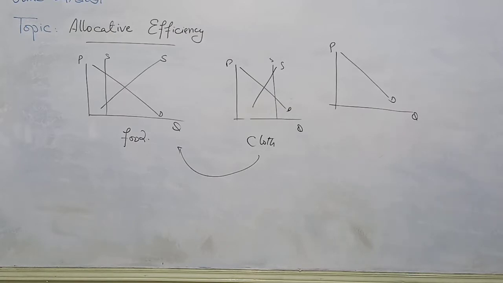Utility can be of two types. It is marginal utility and total utility. Total means how many units of a commodity you have or I have consumed within a given time period, and each unit is giving me a different level of satisfaction. So marginal utility means what? The additional utility of the consumption of an additional unit.